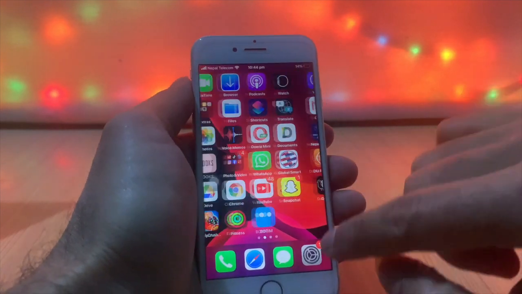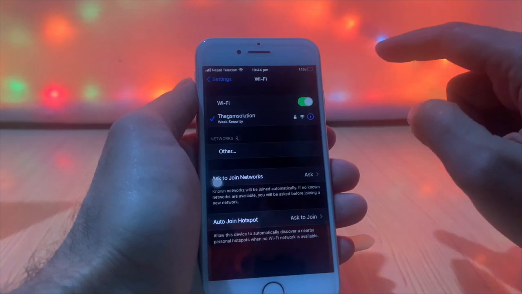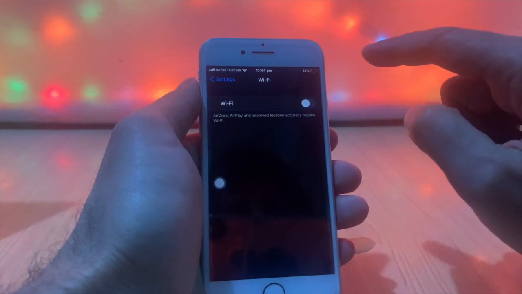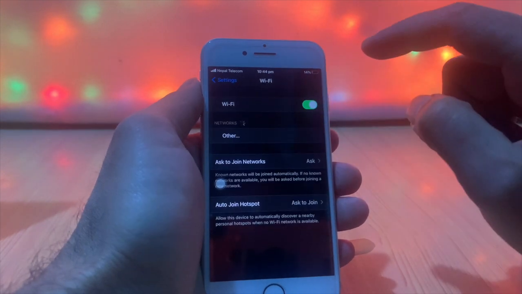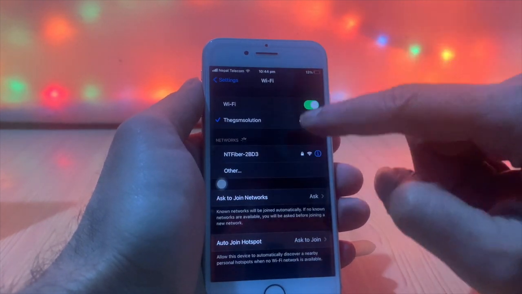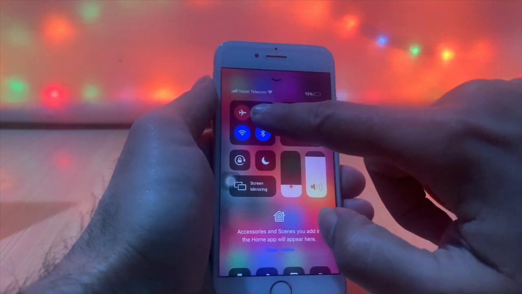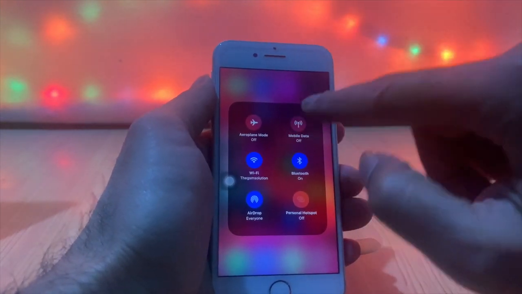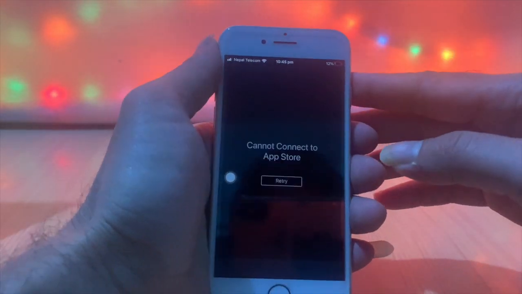If the problem is still the same, go to Wi-Fi and turn it off and on. You can also check it from cellular data. If it is still the same problem,